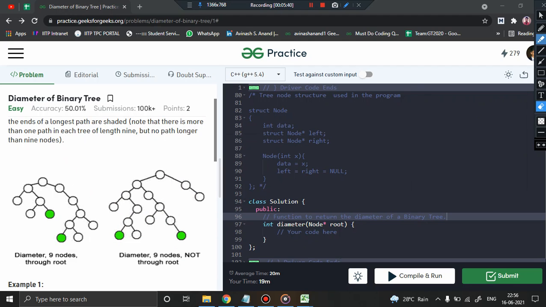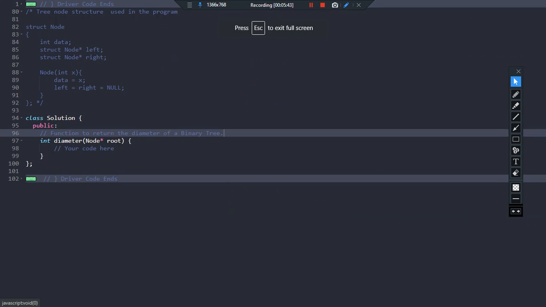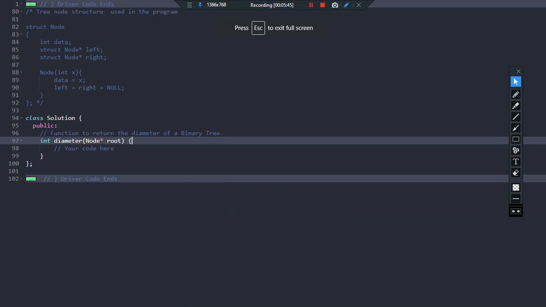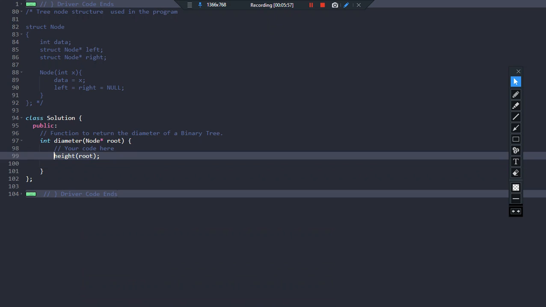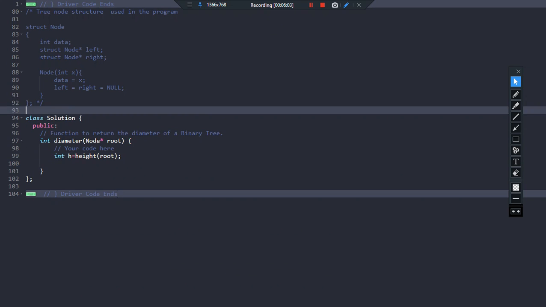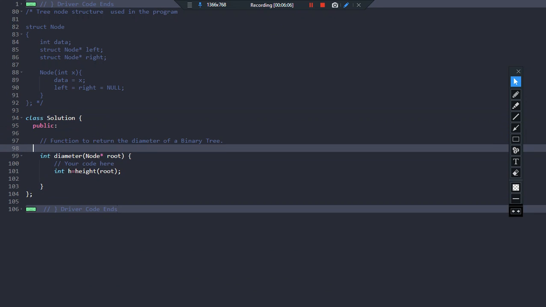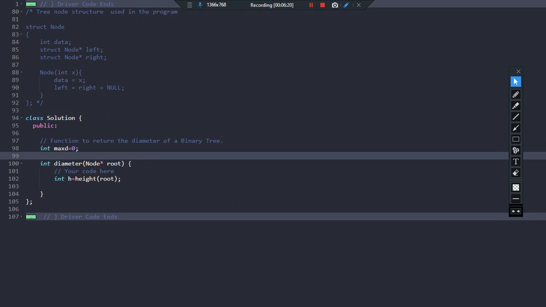What I'm going to do, I'm going to define a function height. So what happens is, they have asked me to find the diameter of the tree by giving me the root node, but I will call the height function. Done. I'll pass the root, that's it, and let us suppose receive it in some value like h equal to this. Done. Now what you're going to do is declare a global variable. I'll be using a global variable, and suppose that global variable keeps track of the maximum diameter. So integer max d is equal to 0, or max diameter is equal to 0.